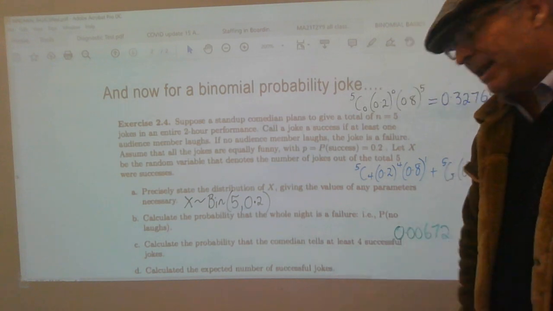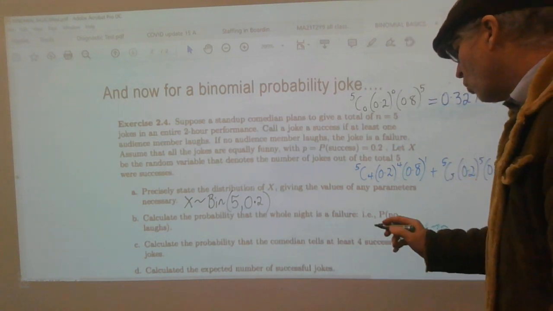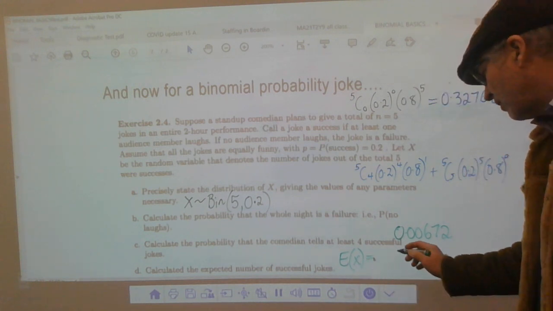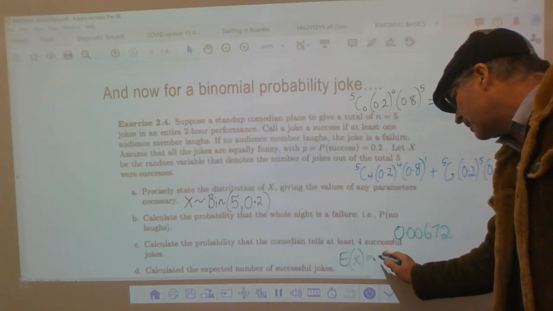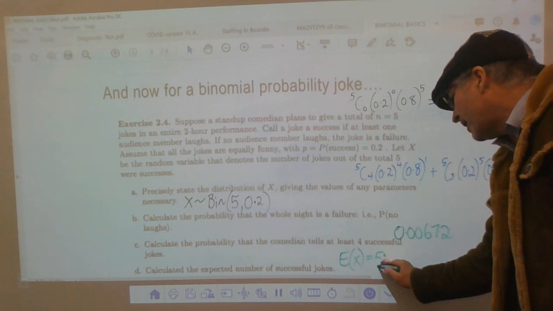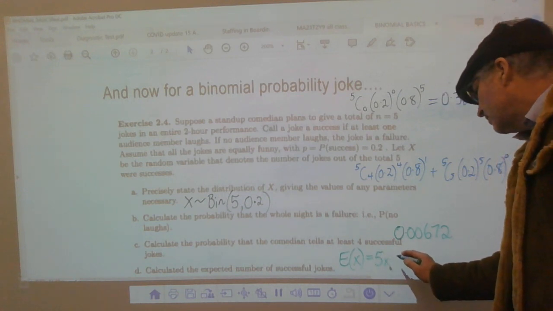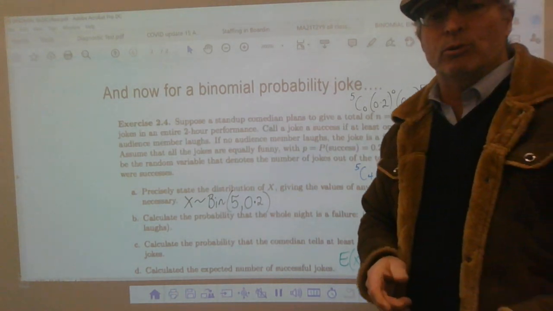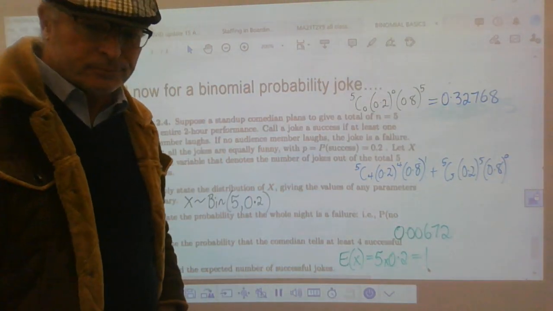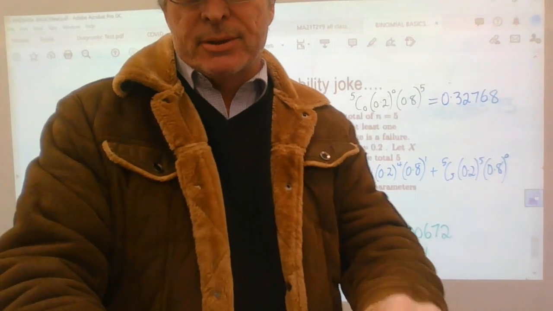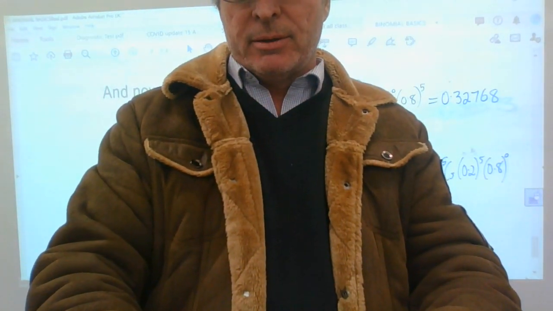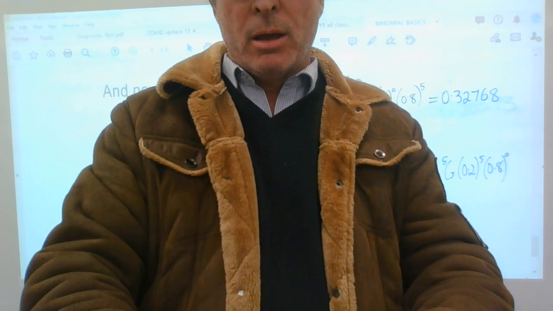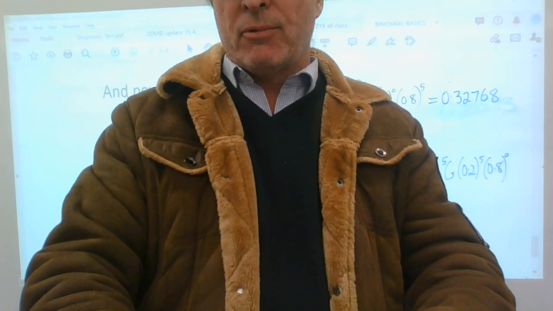Calculate the expected number of successful jokes. We know the expected value of X for a binomially distributed random variable is n times p. So it's 5 times 0.2. So we're expecting there to be 1 successful joke in the evening. All right, so now I just got to find the camera and press